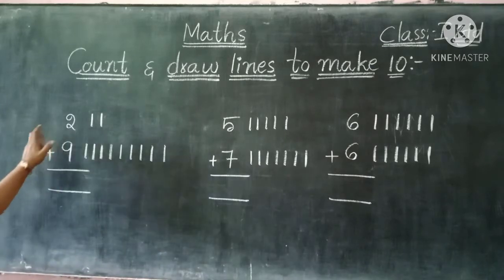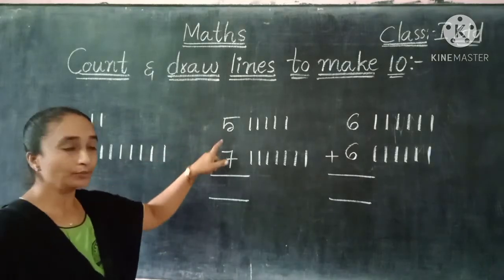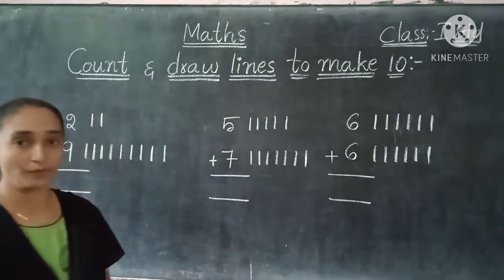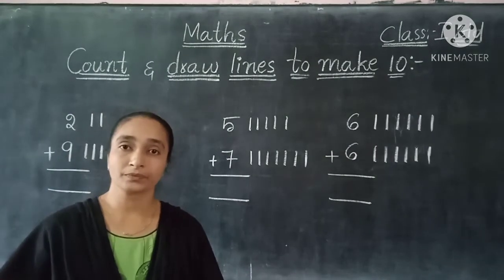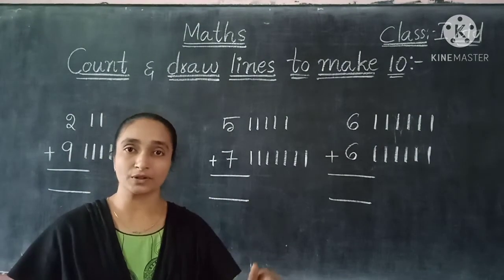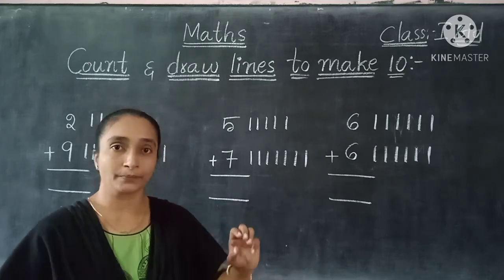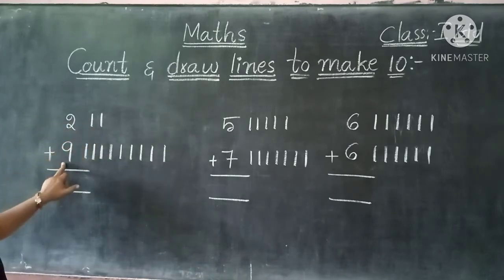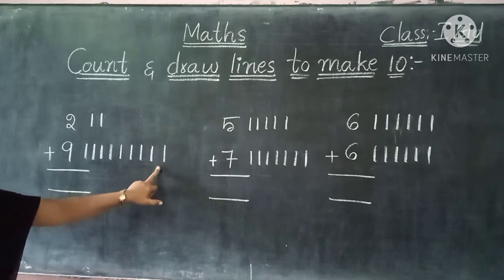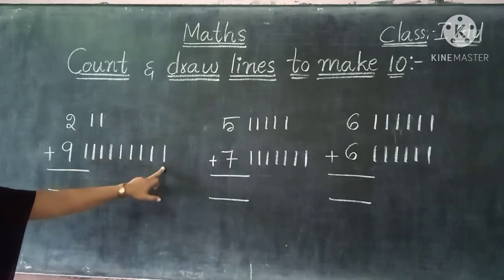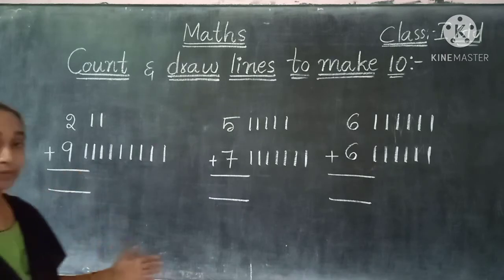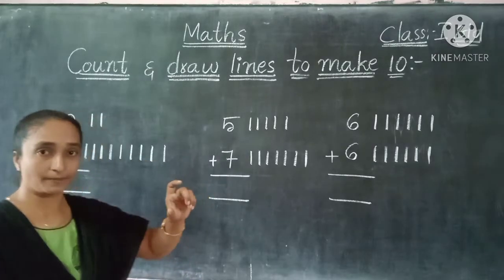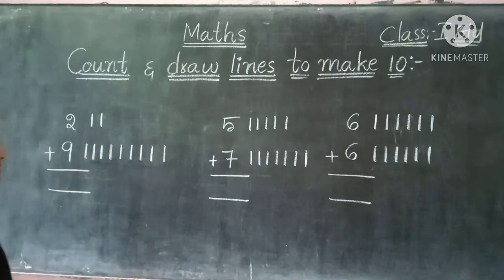The first numbers here we have given are 2 plus 9, 5 plus 7, 6 plus 6. So children, in the same way, we have to make a 10. So first of all we have to keep the box for the 10 lines. The 10 lines first you should take. So children, here we can see the first number 2 we have, so the 2 lines. The second number we have the 9, so we have the 9 lines here. So 1, 2, 3, 4, 5, 6, 7, 8, 9, and here we have the 2. The same lines we can draw. And then we can make it as a 10. So we have to draw the 10 lines. So we can make a box of 10 lines.